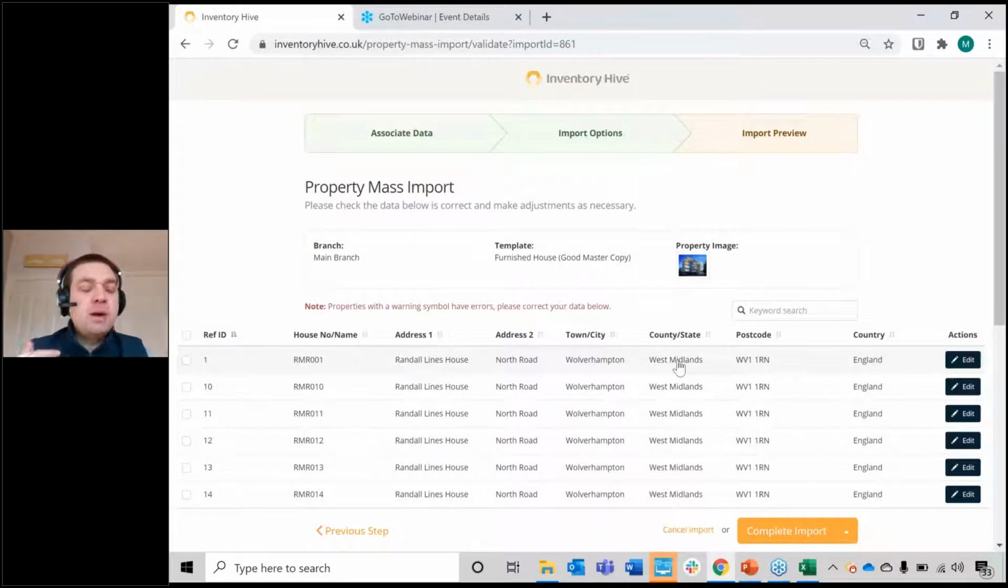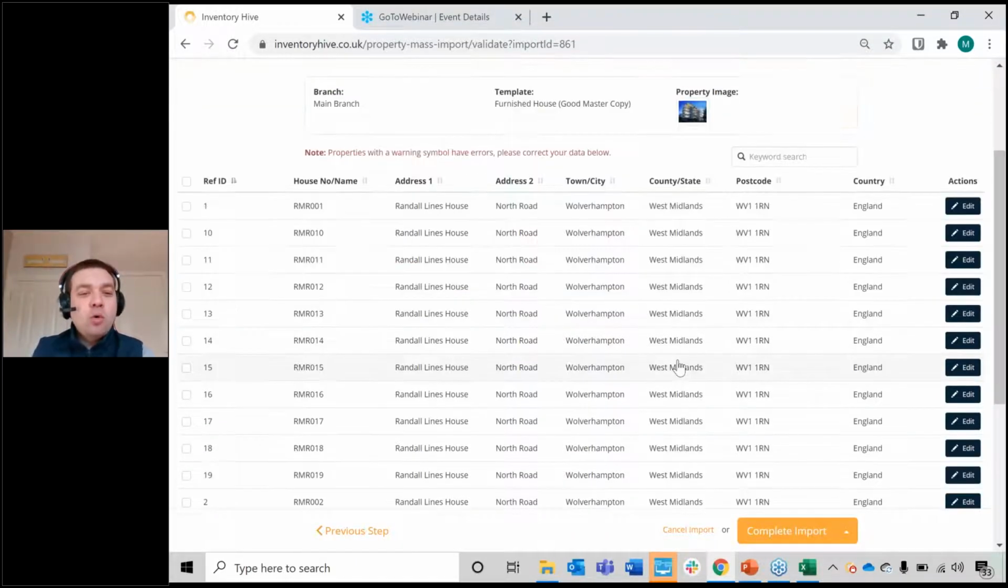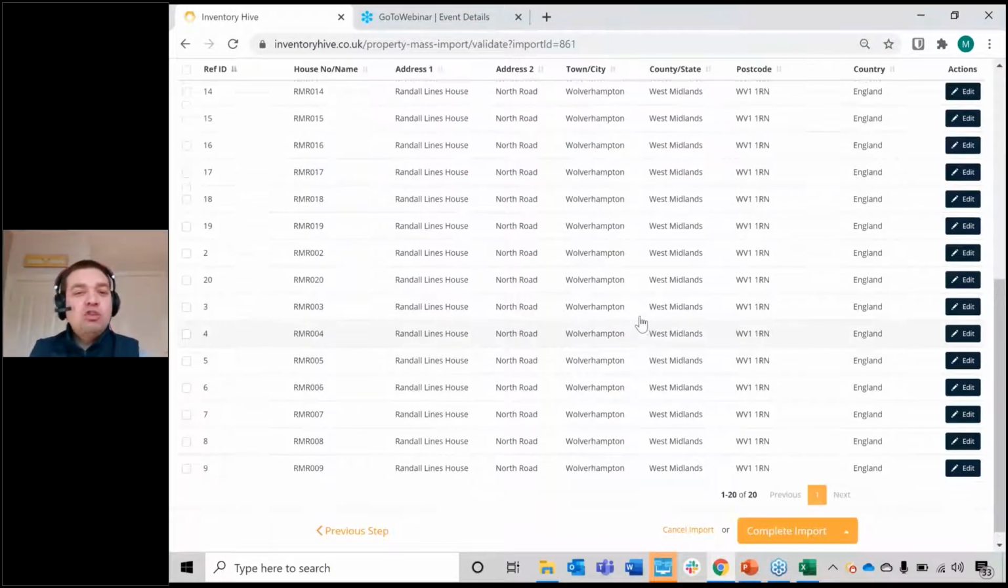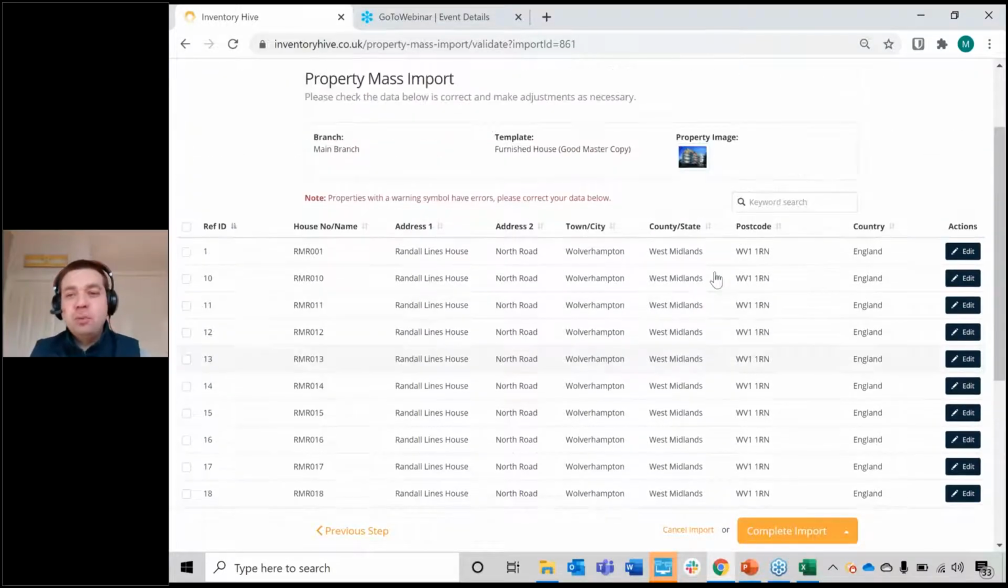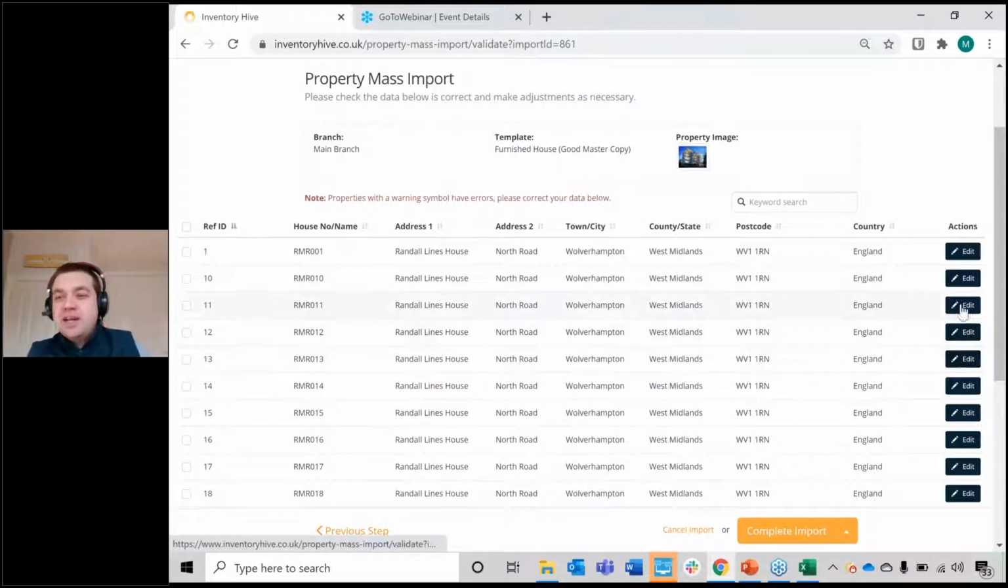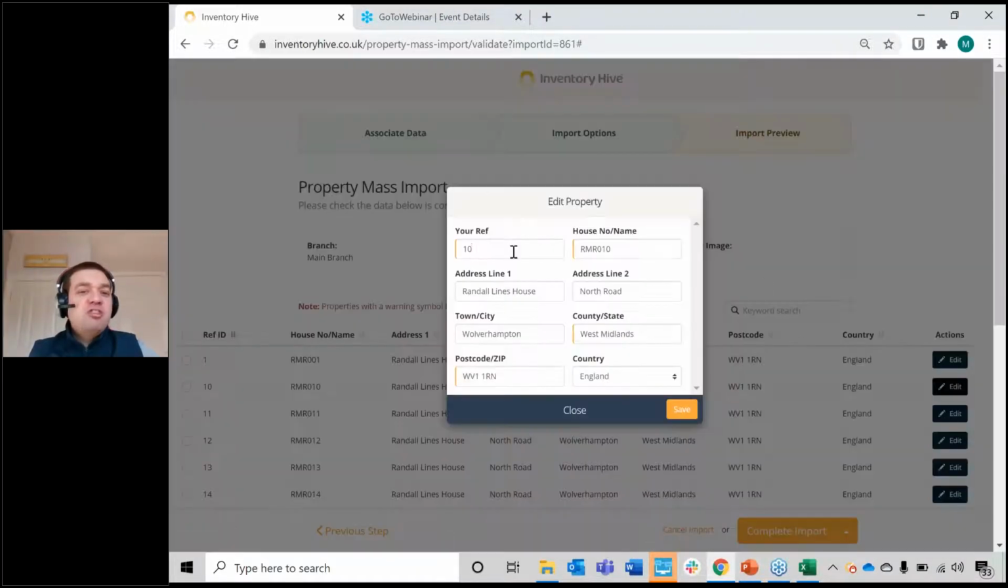So that will remove that property from being imported in. So again, have a quick look down, make sure you're 100% happy with the properties you're importing in. If there's anything you want to edit, then on the right hand side here, you've got the edit option. So if you click on edit, you can then change the address or change the postcode or the country if